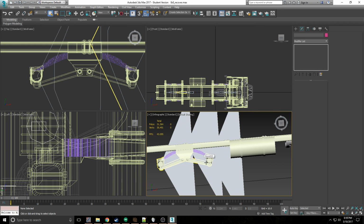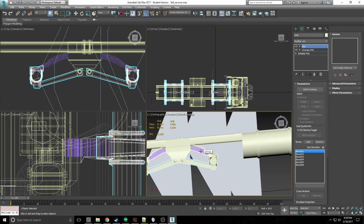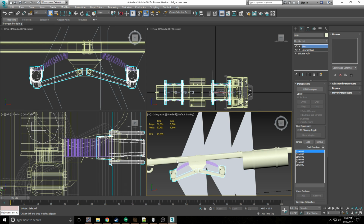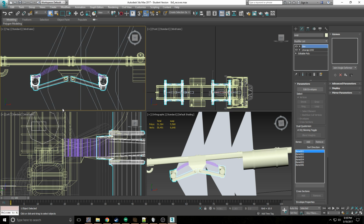So that's one of the first things. The skin is going to be the animating modifier that you put onto each suspension component. I like to have my suspension done in 2 components, 2 or more normally, if necessary, that is. So all these components, when you look at the wireframe of it over in this corner here,